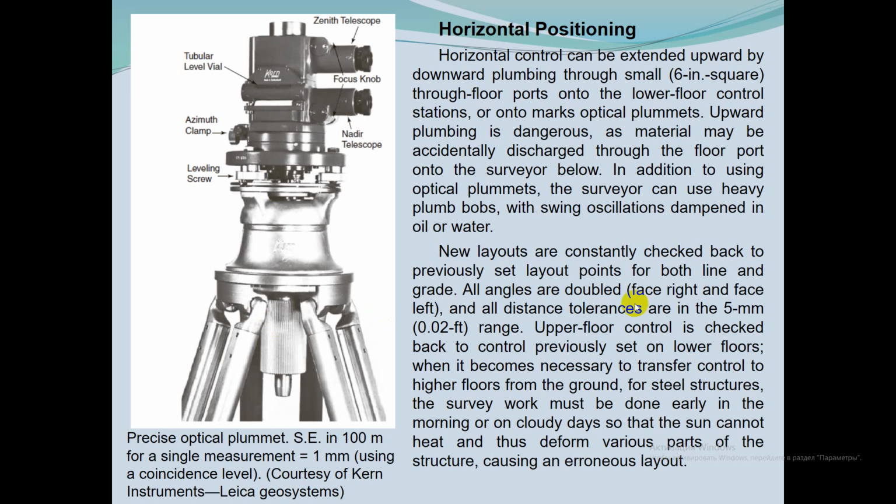New layouts are constantly checked back to previously set layout points for both line and grade. All angles are doubled, face right and face left, and all distance tolerances are in the 5 millimeter range. Upper floor control is checked back to control previously set on lower floors when it becomes necessary to transfer control to a higher floor from the ground for steel